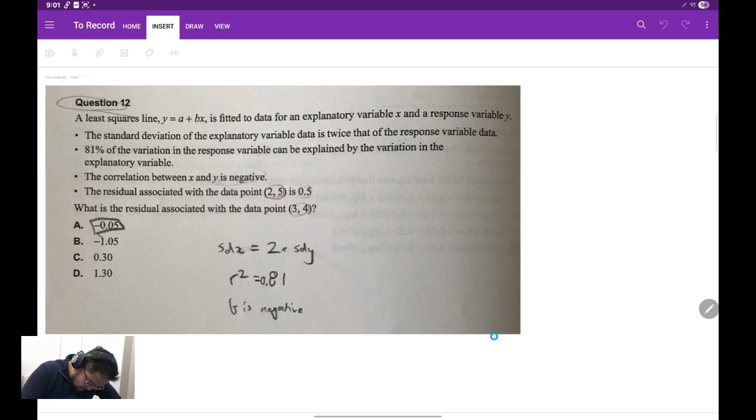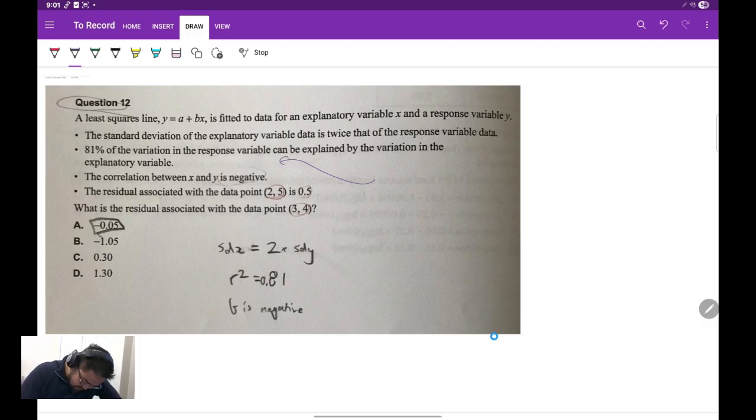I just want to get this one out of the way. I see 81% of the response variable variation can be explained by the variation in the explanatory variable. That tells me that 0.81 is my r squared value, and hence my r value is equal to 0.9. Now it says that the correlation is negative, which means my r value is negative 0.9. Now,